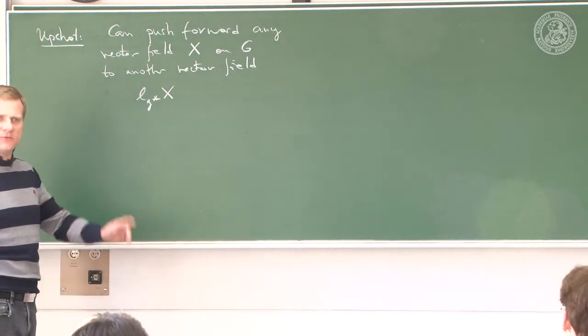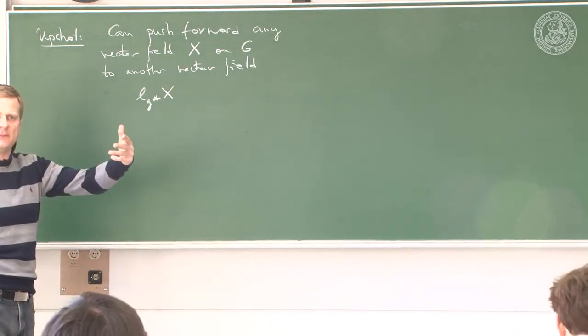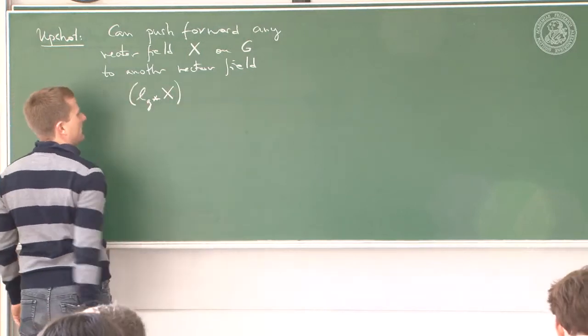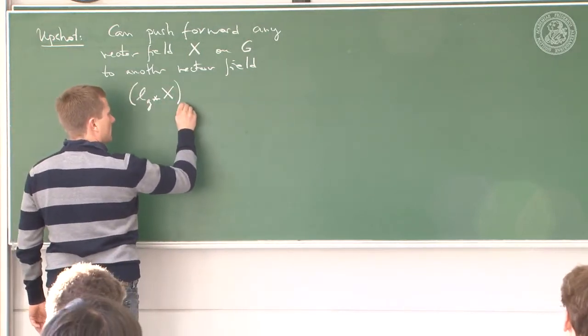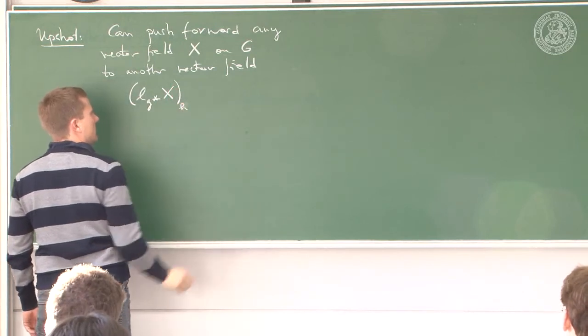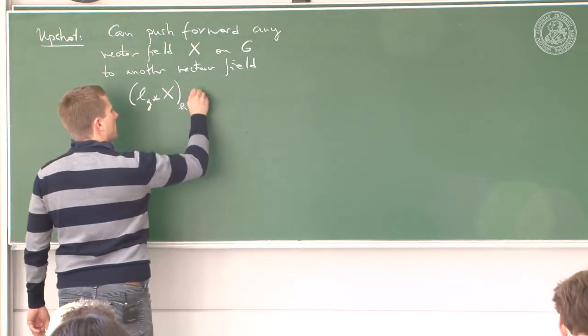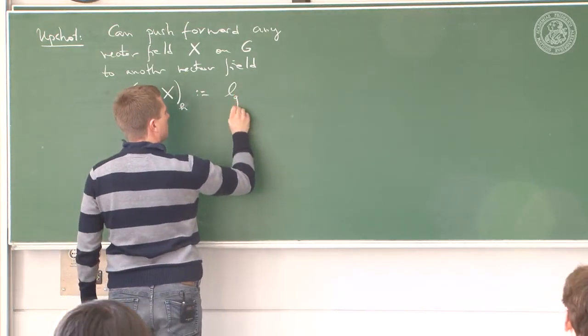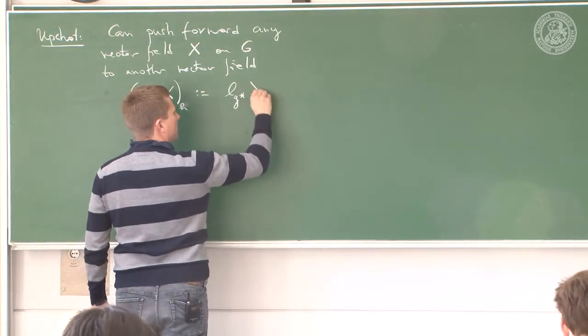That's not defined yet. We defined the push forward of a map on a vector, but not on a vector field. But I define it on the vector field at the point h in G. I define it to be the push forward of the vector field